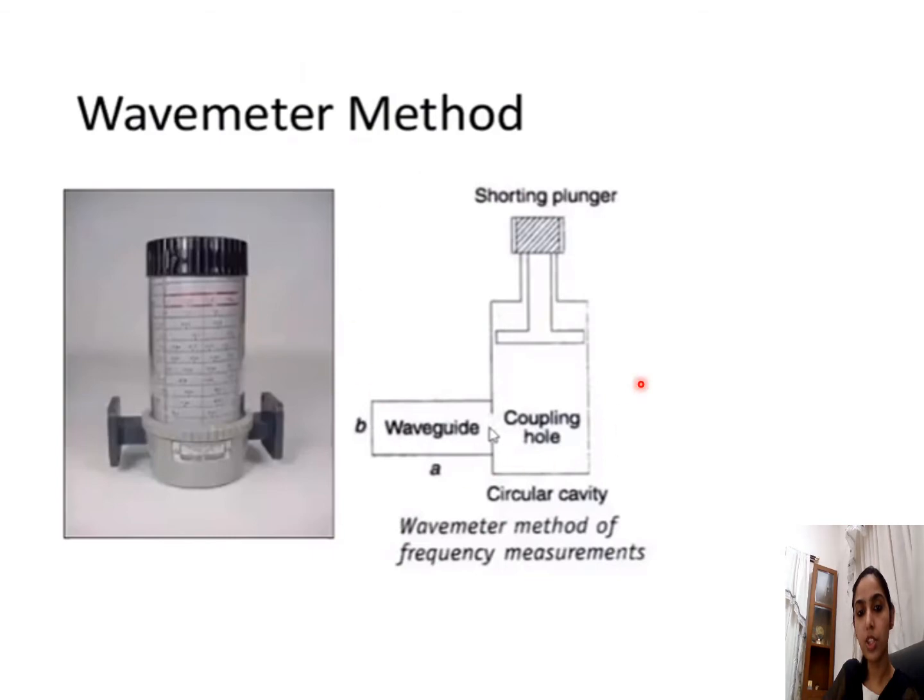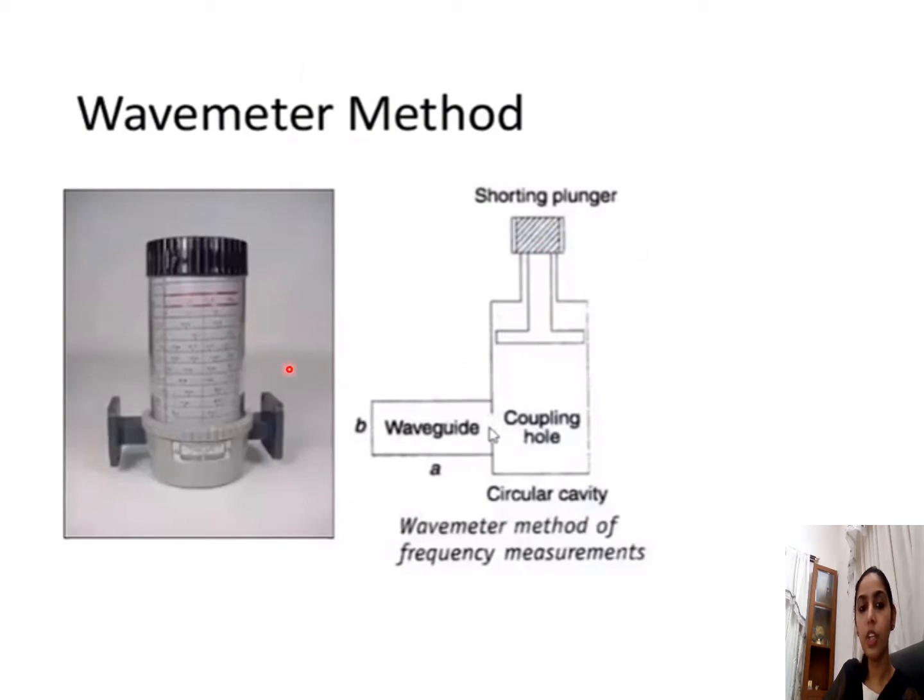Now this is a cross section of a frequency meter. There is a shorting plunger. So when we rotate this top part, the shorting plunger will move up and down. For example, if you rotate this top part in the clockwise direction, this shorting plunger will come down. And if you rotate it in the other way, in the anti-clockwise way, this shorting plunger will go up. So what happens in this cross section, what we understand is that the length of the cavity is going to vary. By now we are thorough with the concept of a cavity resonator. So when the length changes, the frequency also will get changed.